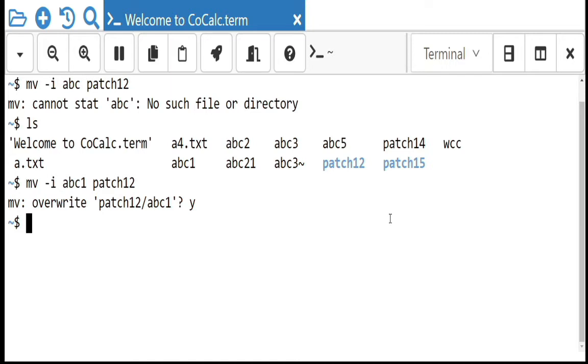Then next is -n, move -n, which is no clobber.